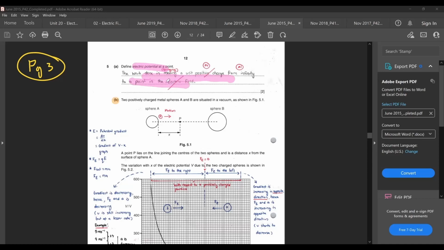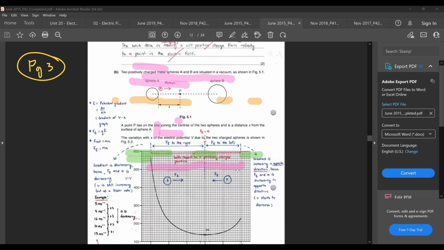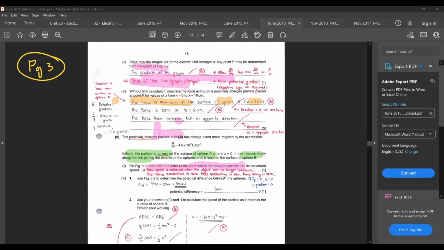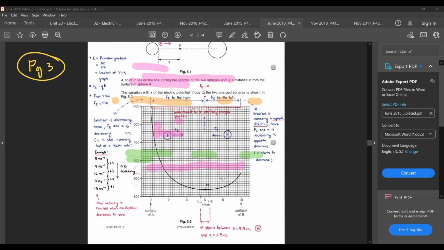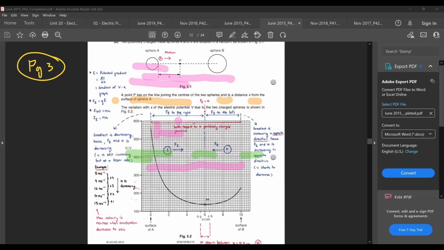Now, if you look at B, two positively charged metal spheres A and B are situated in a vacuum as shown in this figure. You have a point P that is on a line joining the centers of the two spheres and is a distance x from the surface of sphere A. Okay, so this is point P and is a distance x from the center of sphere A. So the variation with x of the electric potential V due to the charged spheres is as shown below. Okay, and then after that, they ask you to explain